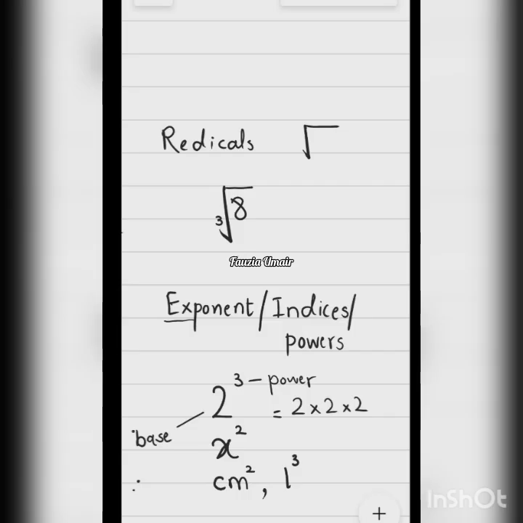So now, just like exponents have base and power, radicals have two parts. One is the number inside and one is this power. The number inside is called radicand. And this number is called index, right? And all this together is called radical form. So this is called exponent form. This is called radical form. So radical form is written with this sign,